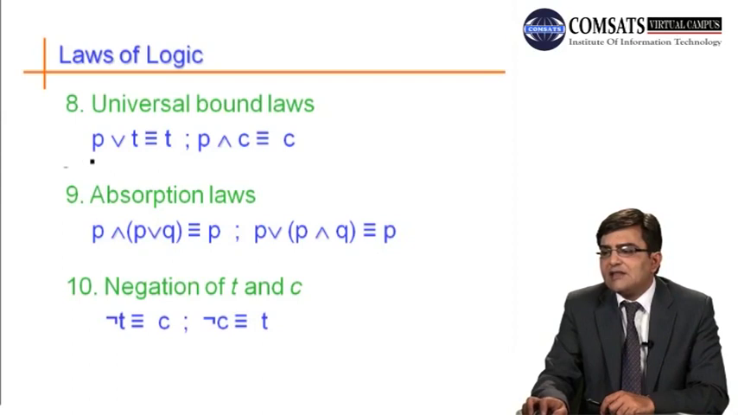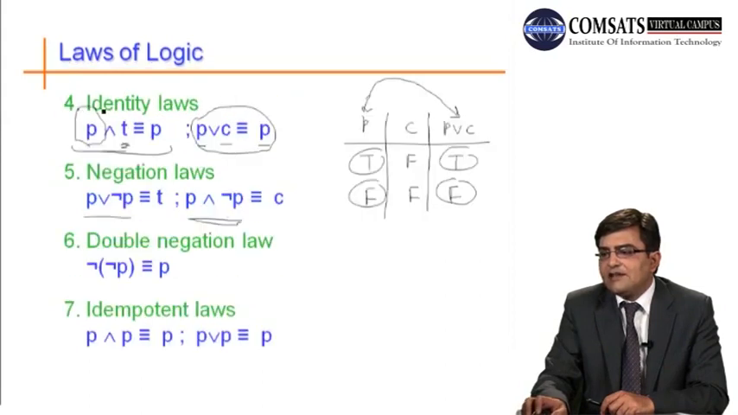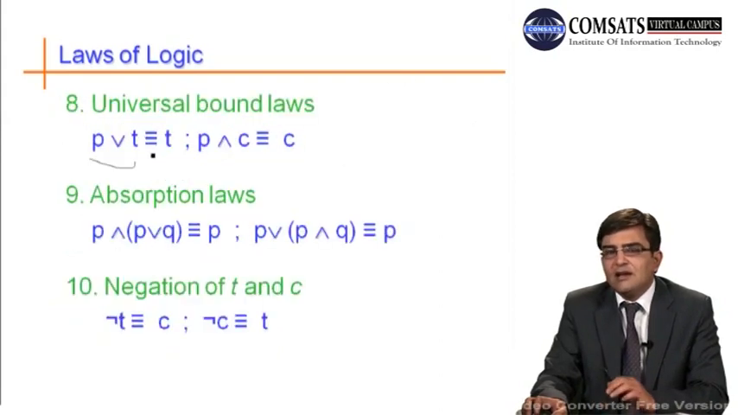The next law is the universal bound law. In this law, the first law is P or T is logically equivalent to T, and the second law is P and C is logically equivalent to C. So here we had the identity laws. Here we have P and T is logically equal to P. Here we have the reverse of this. If we have P or T,